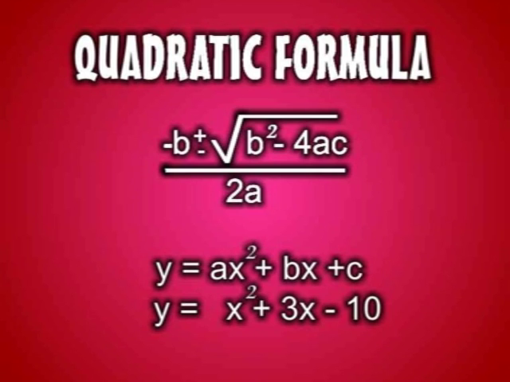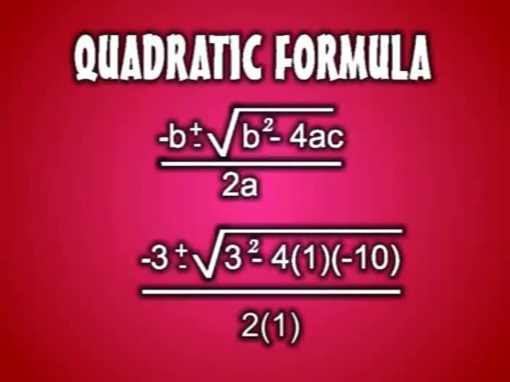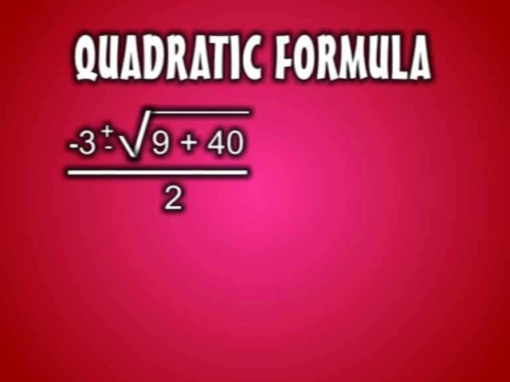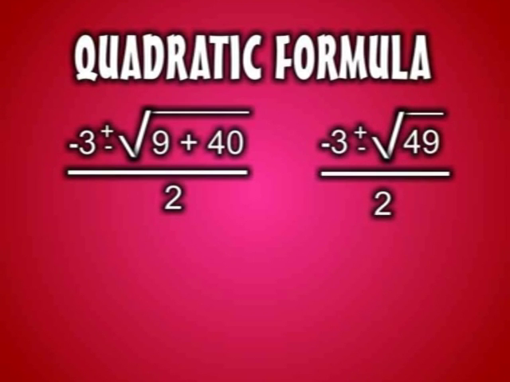That will read x is equal to minus 3 plus or minus the square root of 3 squared minus 4 times 1 times negative 10, all of that divided by 2 times 1, which will read minus 3 plus or minus the square root of 9 plus 40, divided by 2, which is minus 3 plus or minus the square root of 49 over 2, which means that my x values are either going to be minus 3